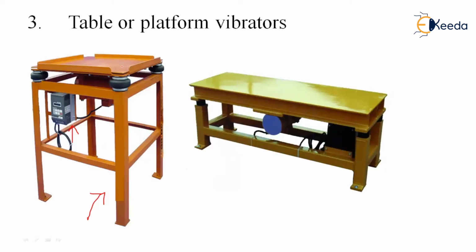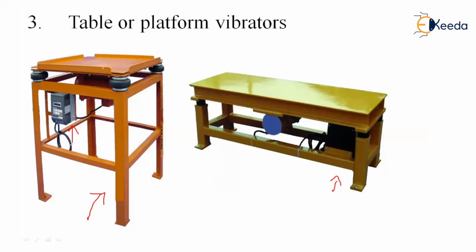It is generally found in the laboratories where the casting of cubes is done and checking is further done. It is used basically for experimentation work, best for experimentation work. And this is the platform vibrator. This platform vibrator also has this kind of machine which sets the vibration, and readings can be taken and all kind of controlling can be done from this part.